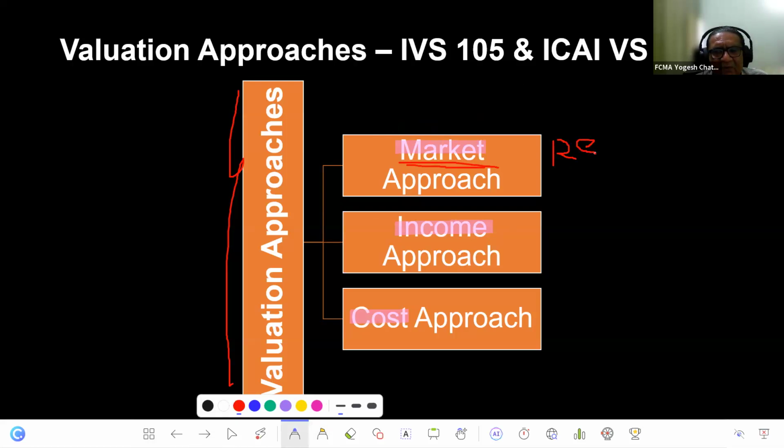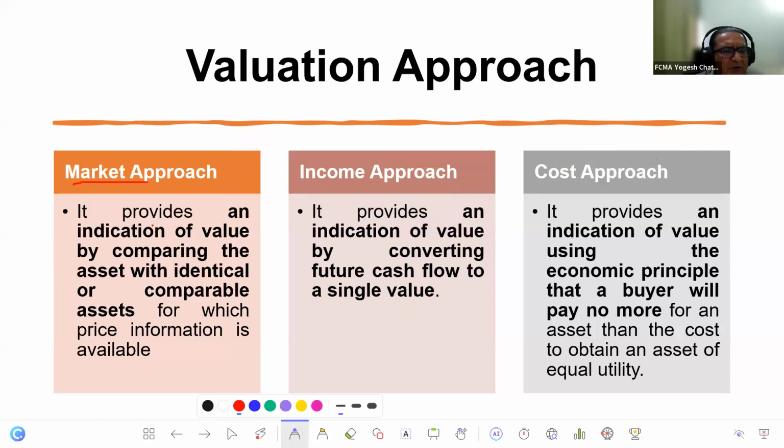the relative approach of valuation. That is known as the relative approach of valuation, and the market approach is mainly based on multiples and comparables. Multiples and comparables. If we go through the brief meaning of the market approach, it will provide an indication of value. Very important: the value we estimate based on the market approach is not the actual value,